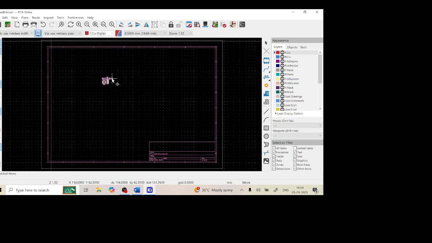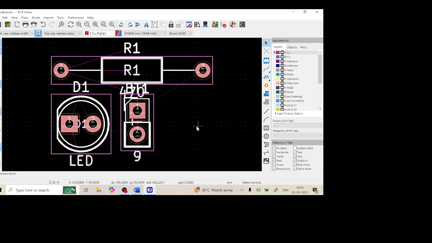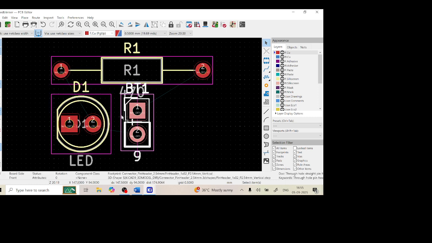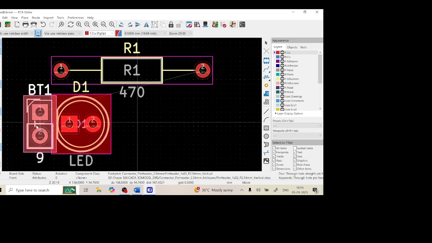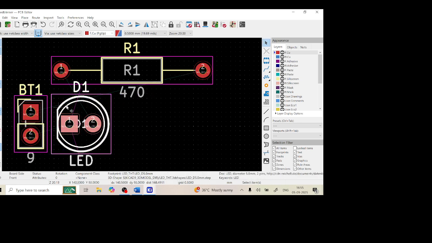Close, and you can drag it and place it here, and you can zoom. Click on zoom to objects. These are the components that we designed in the schematic. Now in order to overcome the overlap, we need to place the components properly. For this you can select this component and drag this side, and you can place this component this side such that